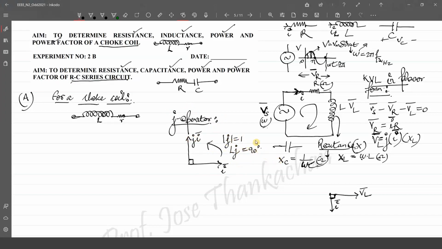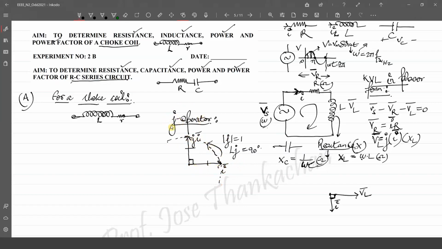So whenever I say I have operated any phasor with J, what should you understand? It is multiplied by J, and that phasor is getting rotated in the counterclockwise direction by 90 degrees. So if this is the I phasor, Ji will be somewhere here, rotated 90 degrees counterclockwise, but the magnitude will remain the same. If I draw a circle with this as radius, the circle will pass through this also, because both magnitudes are the same. They both are radii. I hope you understand what I'm saying.